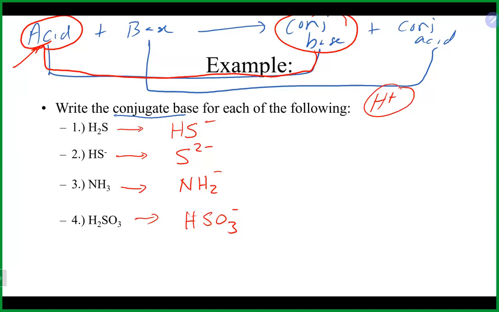Not in all problems, much like this one, will they tell you these are all acids or these are all bases. They'll just ask you to write the formula of the conjugate acid or conjugate base. So if you sort of think about